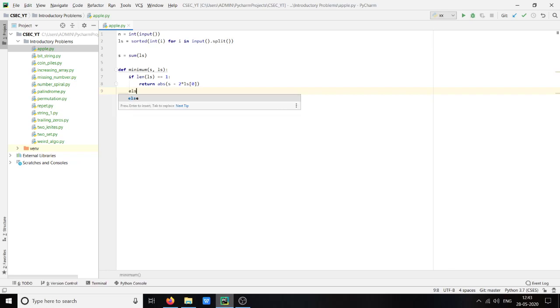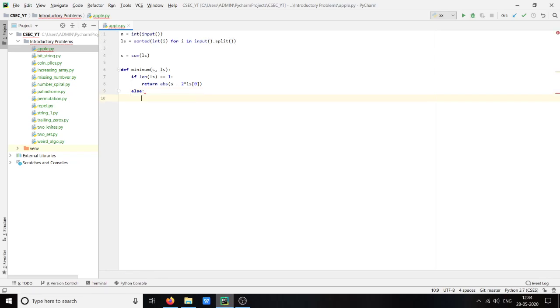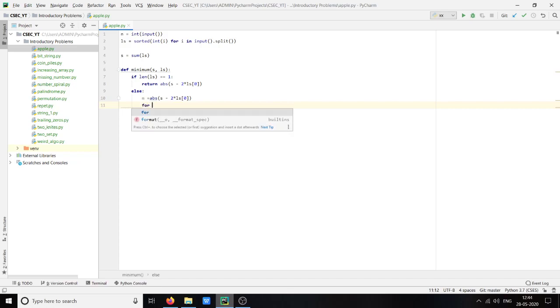Now if the list is greater than 1, or is having more elements than 1, then what we will do is we will create a new element m, which will be the absolute value of s minus 2 into ls of 0, and we will use this absolute value, or the m, to compare it with each and every element within the list. For I in ls,